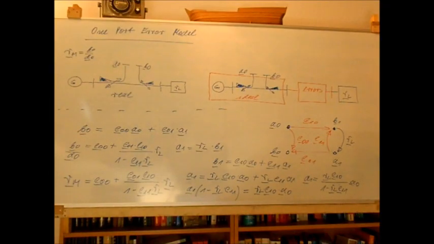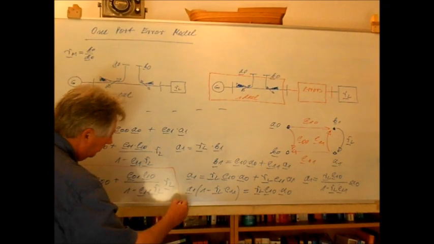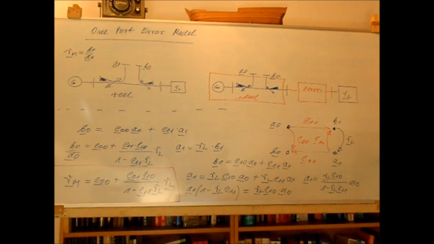So we see here, this is now our measured reflection coefficient, and if I use this so-called one-port error model,